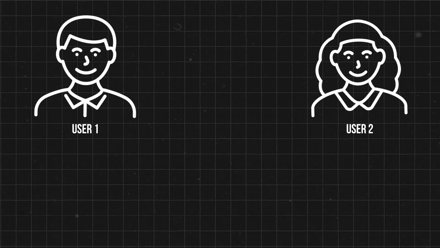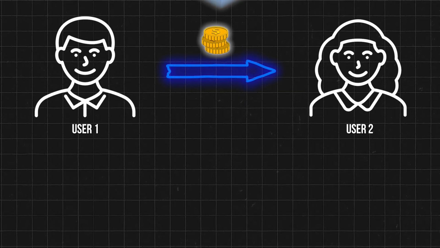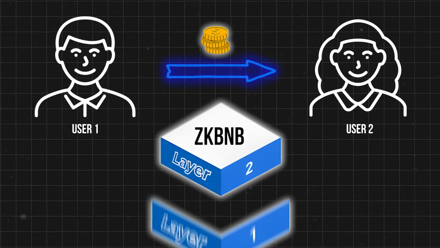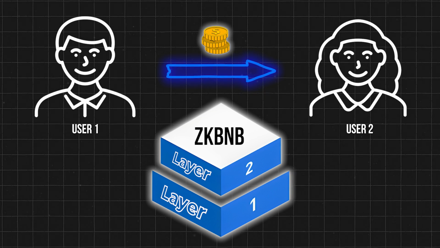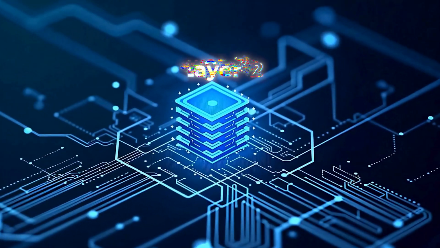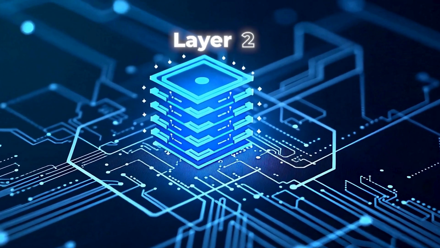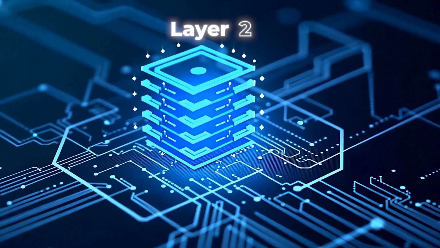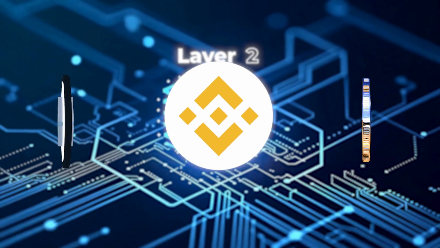Layer 2 works differently. Instead of writing each transaction to layer 1 at once, layer 2 first processes them separately and then sends the result to the main blockchain. This reduces the load and saves on fees. Now it's clear why layer 2 is needed, but does it work the same on all blockchains? To answer this question, let's look at how Ethereum, Solana, and BNB chain are organized and why their approaches to